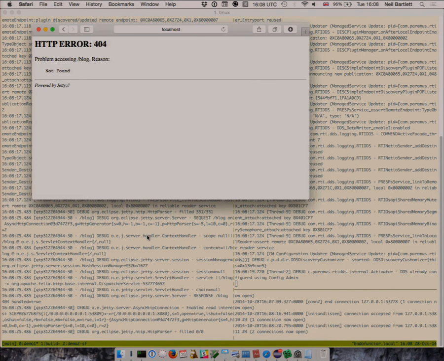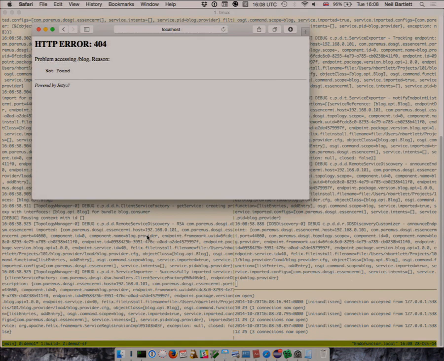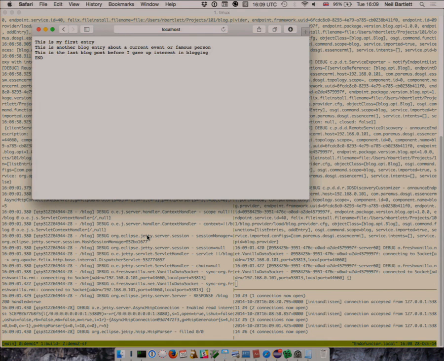And now, give it a second, come on. There we go, okay. So it saw the configuration change, and it published that service, and now the consumer picks up the service that's been published on the network using the RSA Discovery layer, and it connects to it and makes an invocation to the blog service. Okay, so I've taken something that was never designed to be remoted, and it's now remoted, and I can scale this horizontally. And so this is a microservice example.